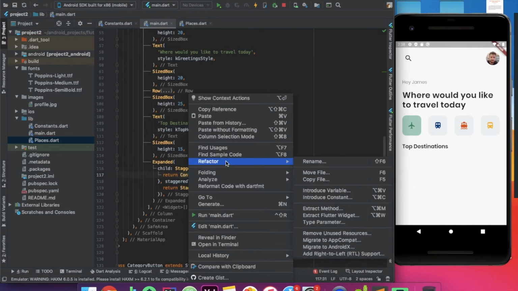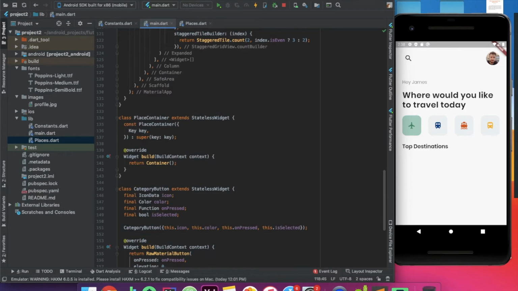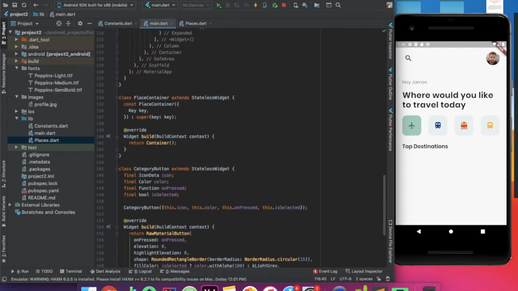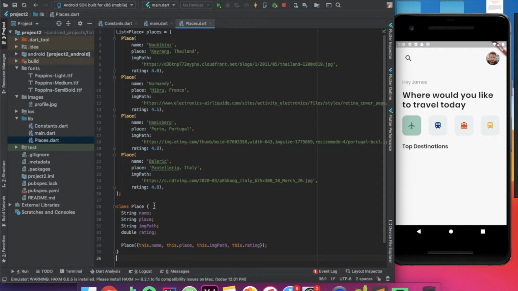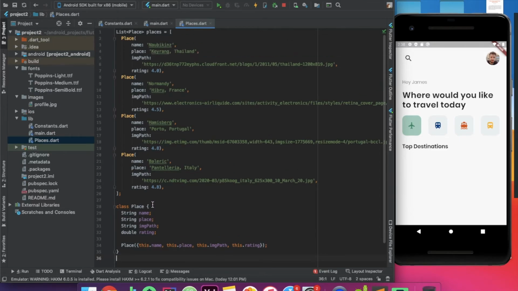First of all, let me just extract this into a new Flutter widget called place container. And now before going forward, let me first tell you what's in place.dart. So it is a class called place. There are four attributes for it: name, place, image path, and rating. Outside of the class, I have declared a list of place called places. Each item has a name, a place, and image path, which is the URL to the image, and a rating